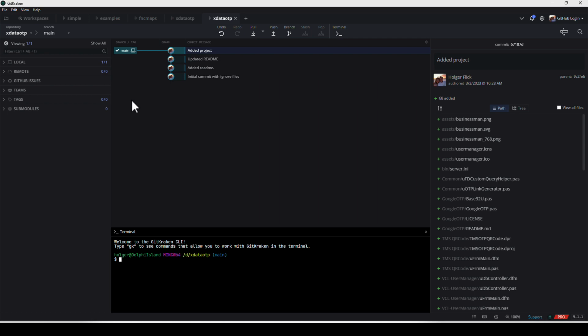The problem that we have right now is we do not have a copy of it. It's on our computer, so if our computer were to get lost, we would have a problem. And this is where remote comes in. And this is where you can add a so-called endpoint, so to speak, that you can basically communicate with to sync your repository with. And it needs to be a Git capable server on the other side.